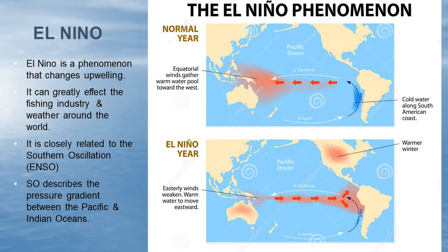It's related to this thing called the Southern Oscillation, and that has to do also with the Coriolis effect moving along there. It describes a pressure gradient between the Pacific and the Indian Oceans, and we can make predictions based on the temperature and the flow if we're going to have an El Nino year. I'm not sure if we know when they're coming, or we can just say, by looking at the data, oh my goodness, this year is going to be an El Nino. The reason it matters is because it will cause a lot more rain for us. So it's good for us to know that it'll be a warmer, wetter winter if we're having an El Nino year.